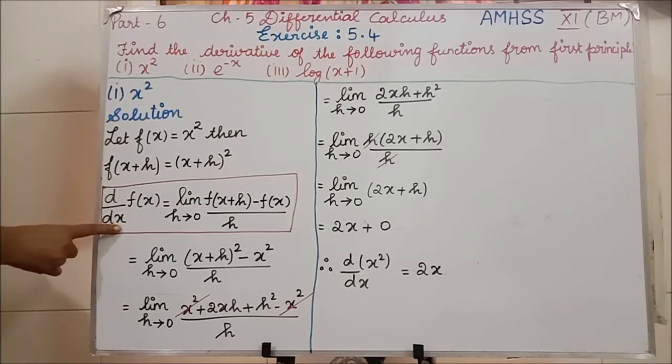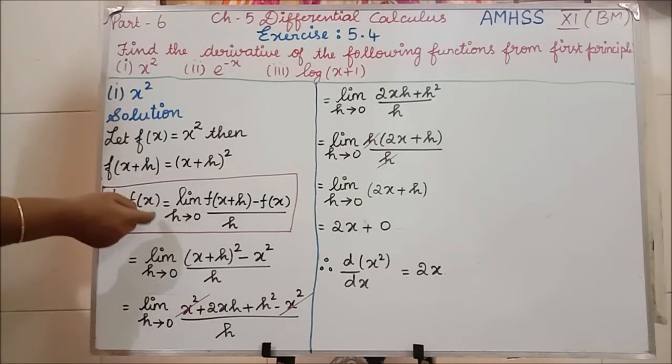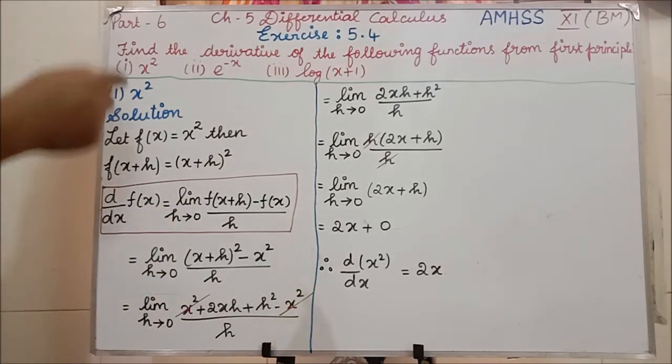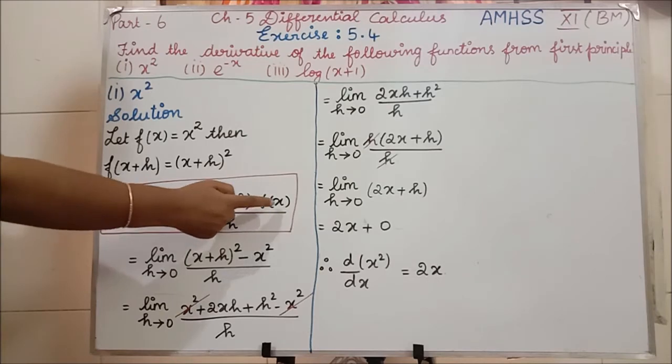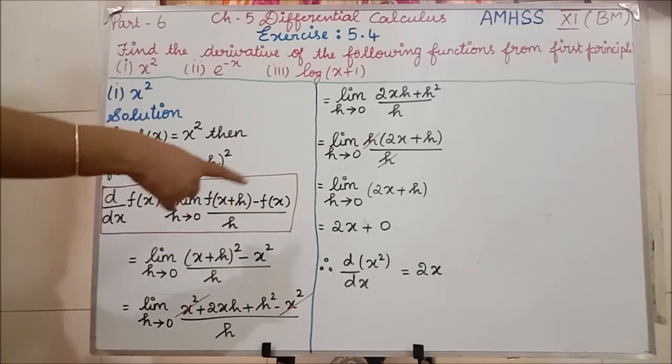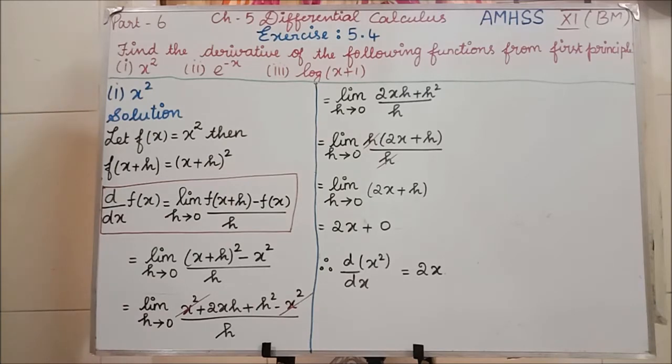So we have written x below. Here, which is equal to limit h tends to 0. Why limit h tends to 0 here? I have drawn one curve, isn't it? In that curve, when x is approaching a, by that time the h value will attain 0. So limit h tends to 0, f of x plus h minus f of x divided by h. This is our formula we have learned in the definition, isn't it?